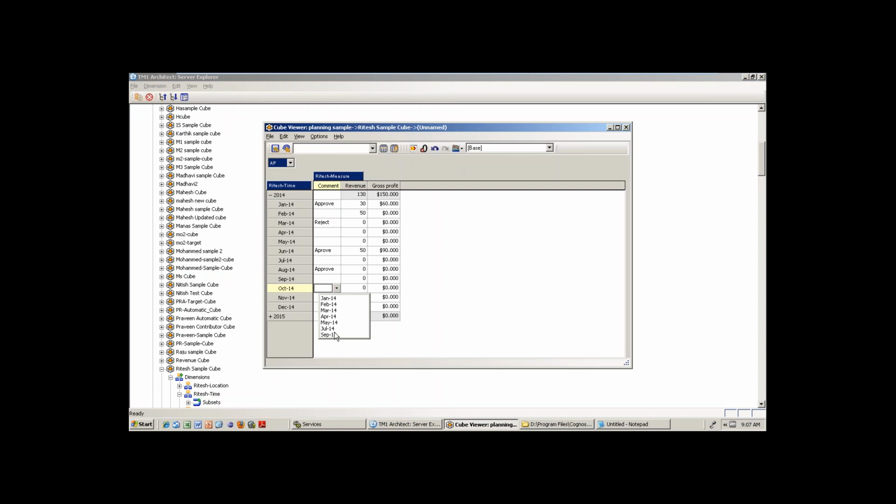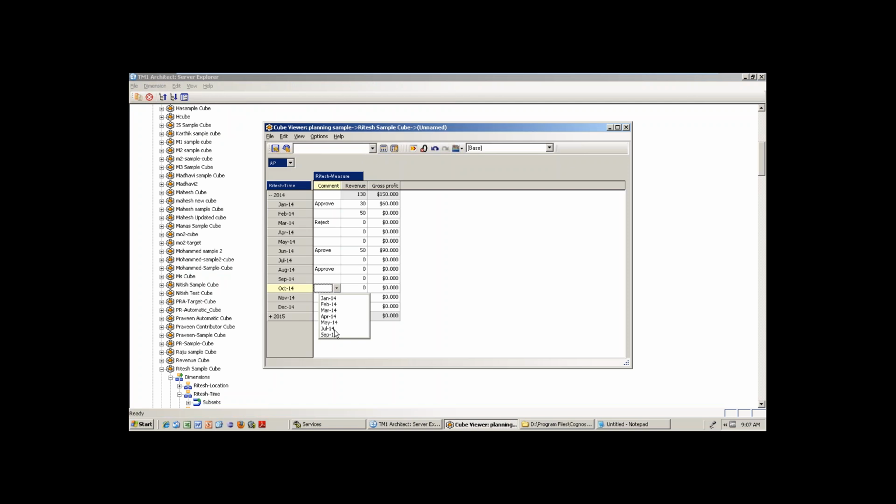Because you are using in the pick list, subset as the keyword, and the dimension name and subset name. So if any subset is updated, automatically it will show the updated list only. So it is not like a static. Static is whatever value you type, that only will appear. Any questions here?